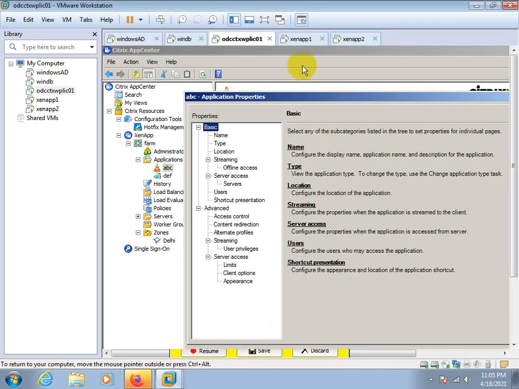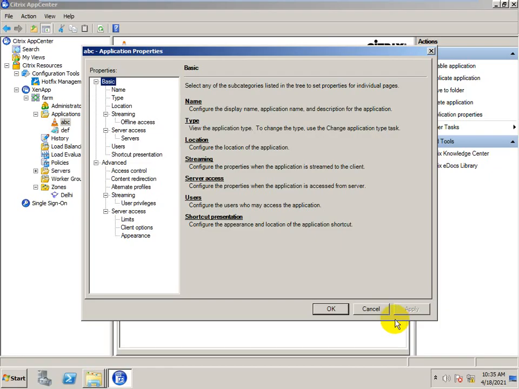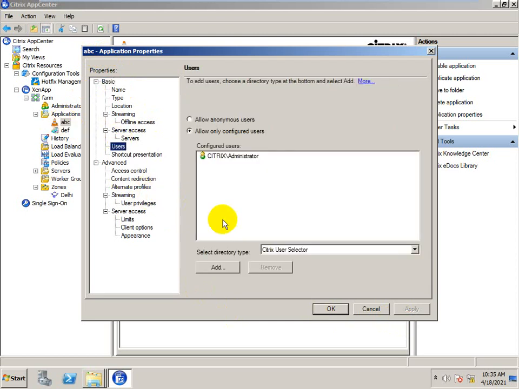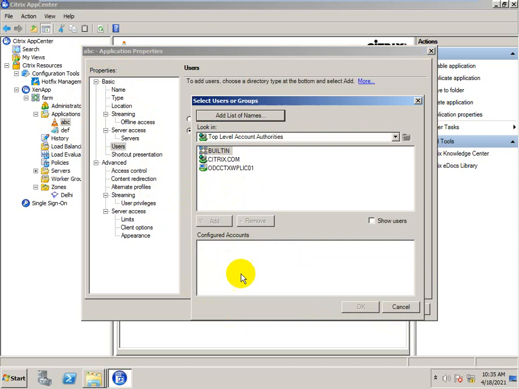Once the application is hosted, you will get a request or a ticket that some user ABC XYZ 123 wants access on this ABC application. At that time you need to right click on the application, go to the users, and here you need to add the user. For a group, you can add the group.